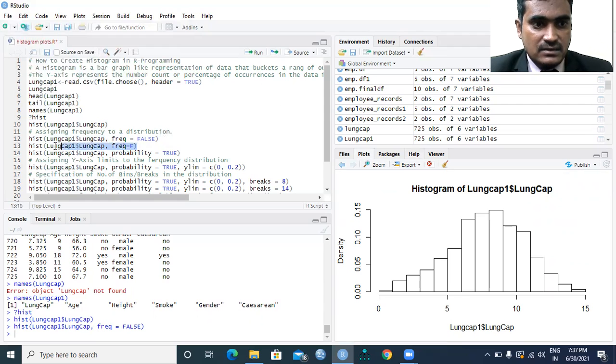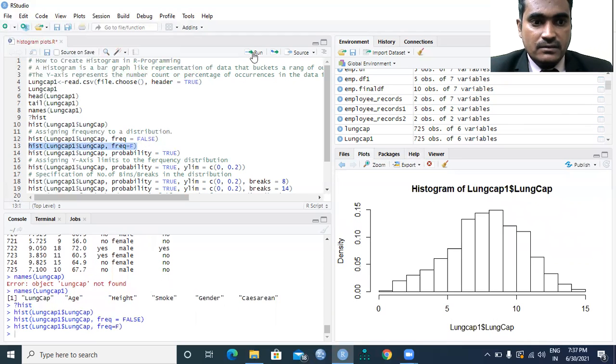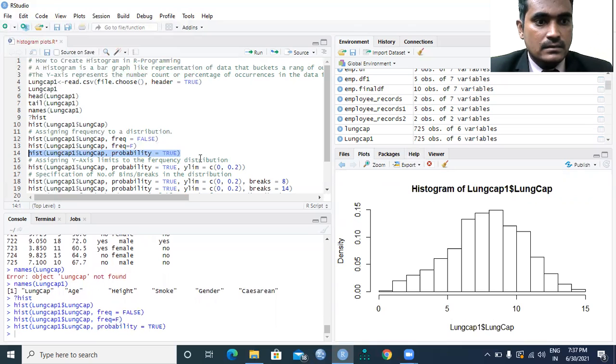Otherwise, you can type it like this: hist of lung capacity 1, whatever file we have created, the first variable, the LungCap, frequency equal to F, that you can create here. And so the probability also, right?